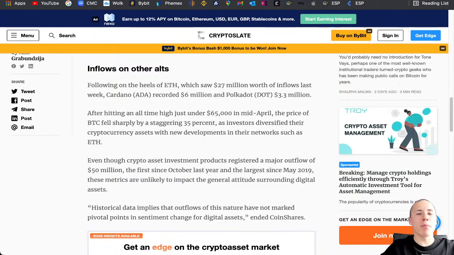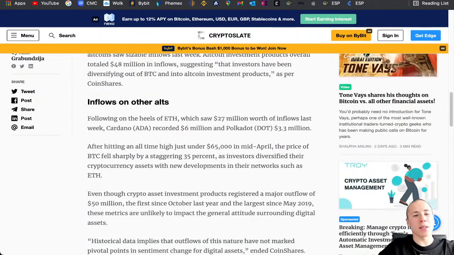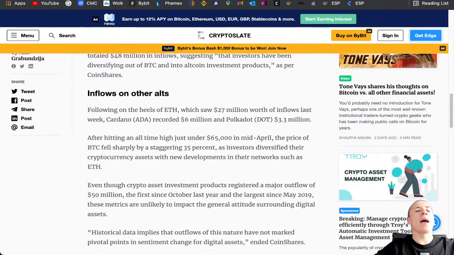So this means that people are really accumulating Ethereum, and accumulated Bitcoin, but most of the companies and institutional investors are investing in Ethereum right now, and that is personally why I think that we will see a huge momentum on Ethereum being created. And we are also seeing 6 million on Cardano and 3.3 million inflowing on Polkadot as well. And I think this is huge news, especially because we saw that the inflow overall on Bitcoin was just